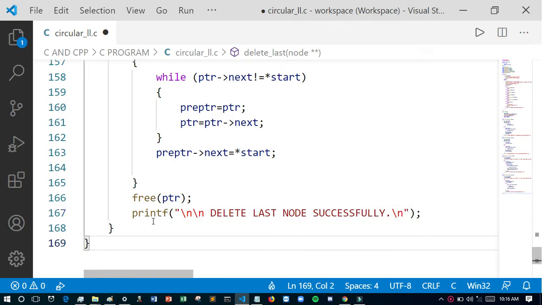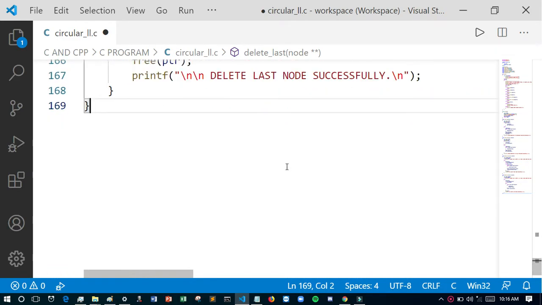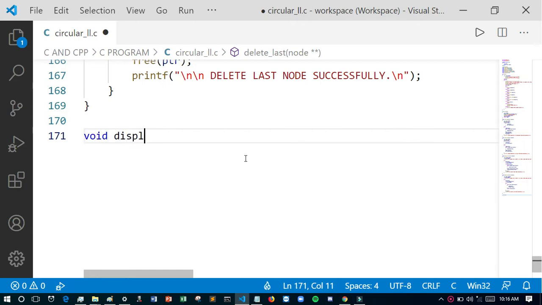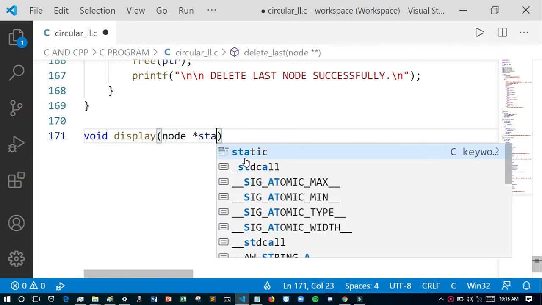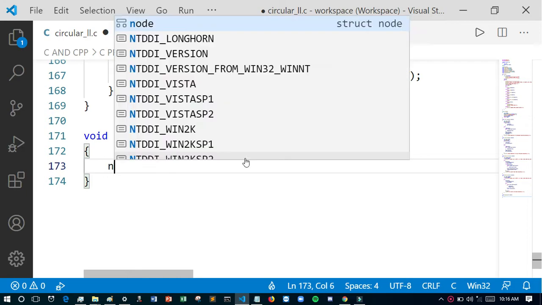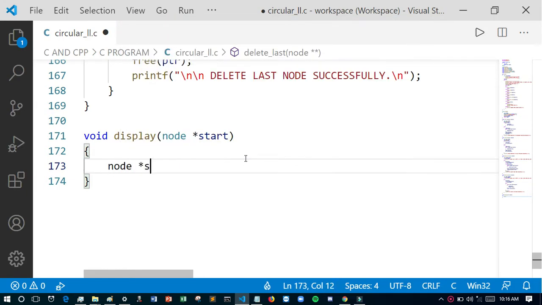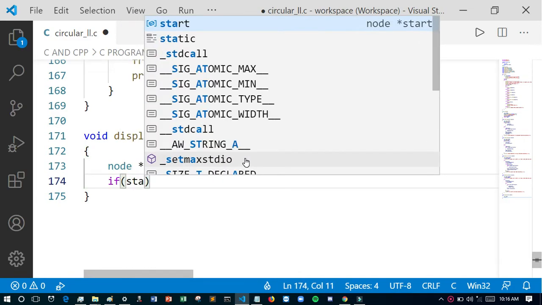Then I have created delete first, delete last, insert begin, insert end. Now I have to create the display. Void display node start. As we have declared some variable, we don't need to modify, we just traverse.